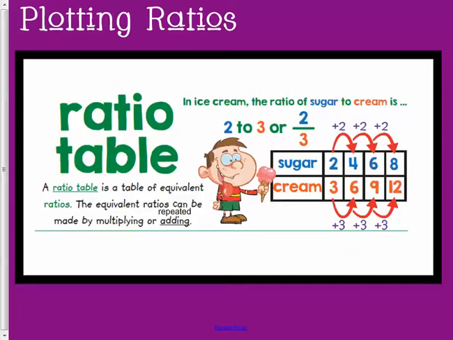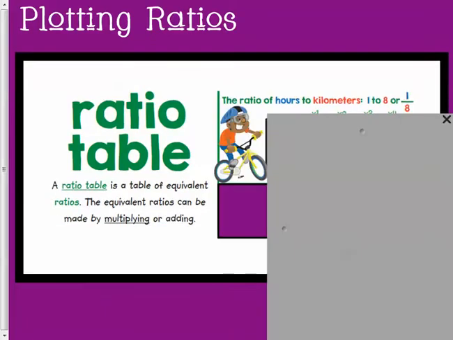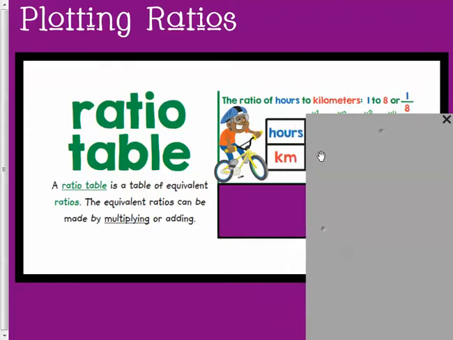So let's look at another example. In this situation, we have somebody who's riding a bike. The ratio of hours to kilometers is 1 to 8. So for every 1 hour, 8 kilometers is being traveled. So we put hours on top and kilometers on the bottom. The reason for this is because we first have to know the number of hours